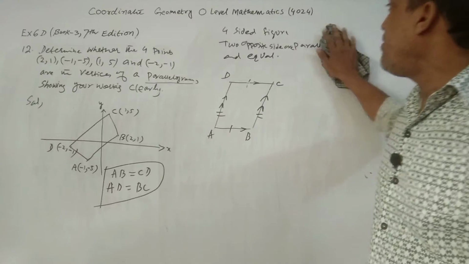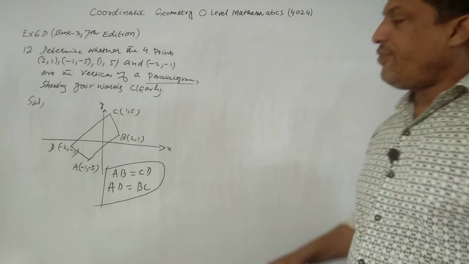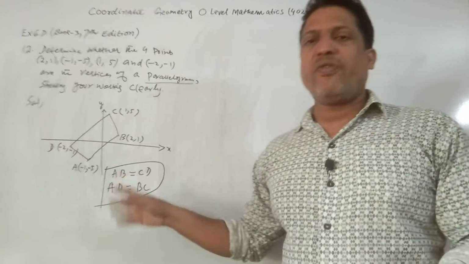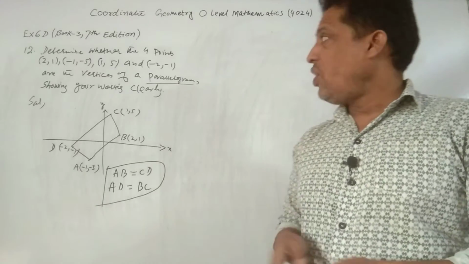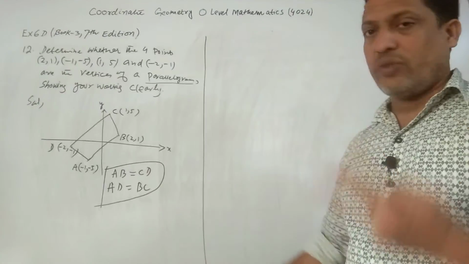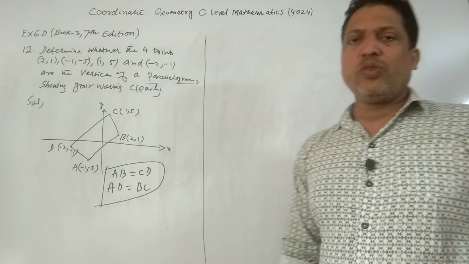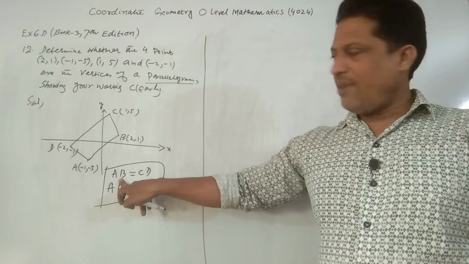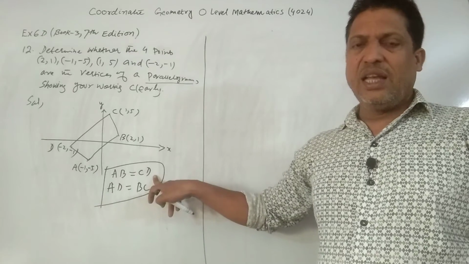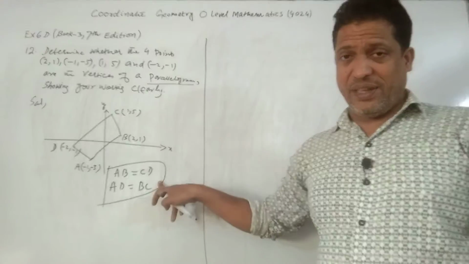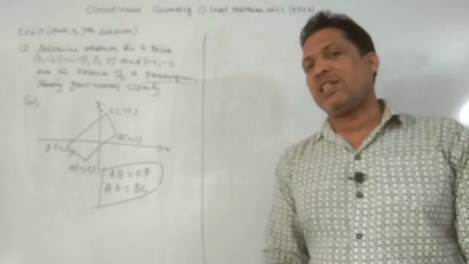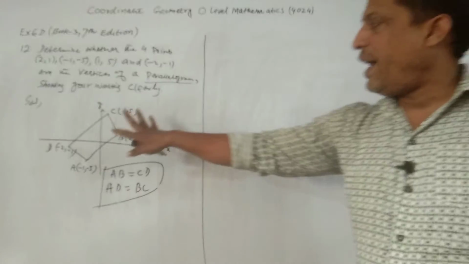whether four coordinates are the vertices of a parallelogram or not, we have two choices. One is to use the distance formula: find the distance of AB and the distance of CD. The answer should be equal. Find the distance of AD and the distance of BC. The answer should be equal. Now, if I draw